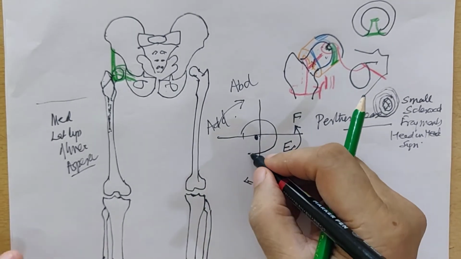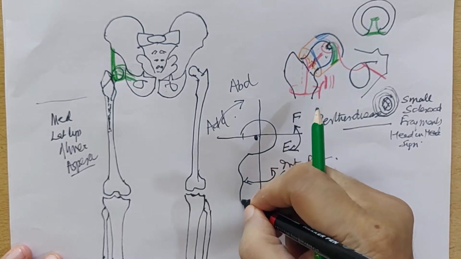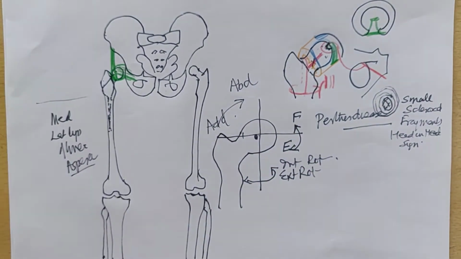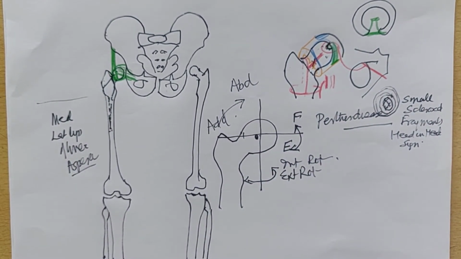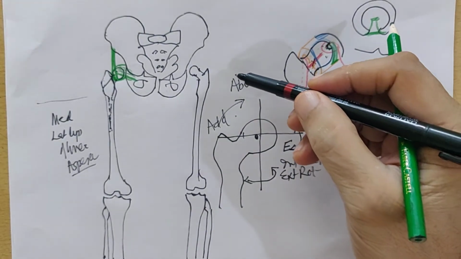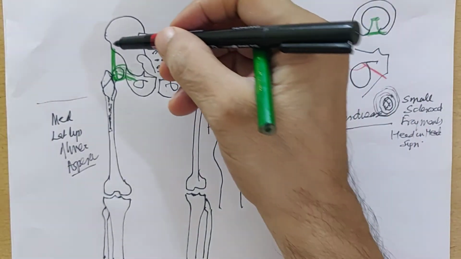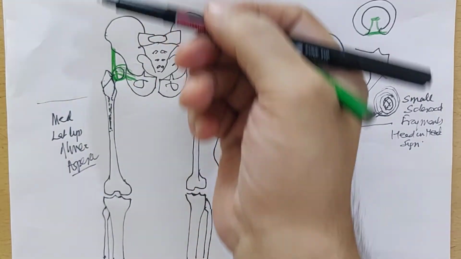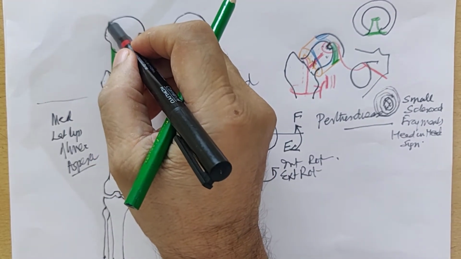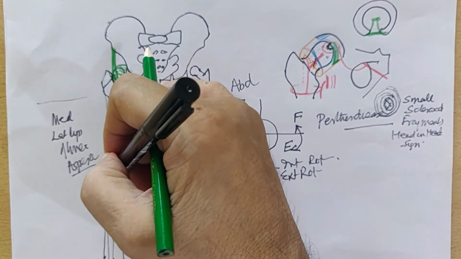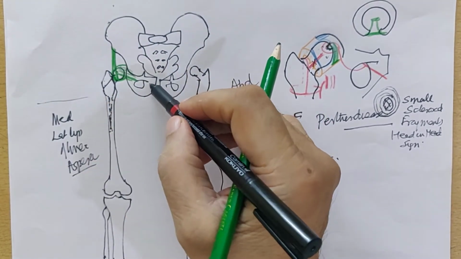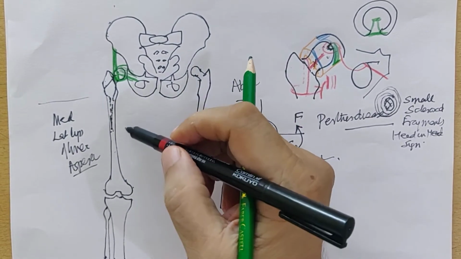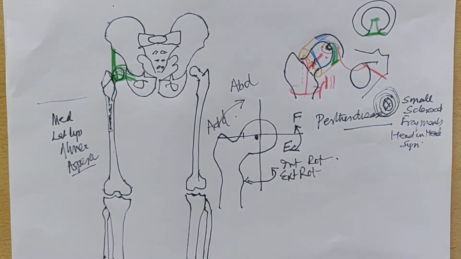So we'll make a little bit of the neck and the lesser trochanter also, then the neck and the greater trochanter. So this forms the upper end of the femur. So any muscle that arises from the anterior side of the pelvis and gets attached on the anterior side would flex the hip. Anything that arises from the outer side and gets attached on the lateral side will abduct it. Anything that arises from the medial side of the pelvis and gets attached will adduct it. And anything behind will extend it.